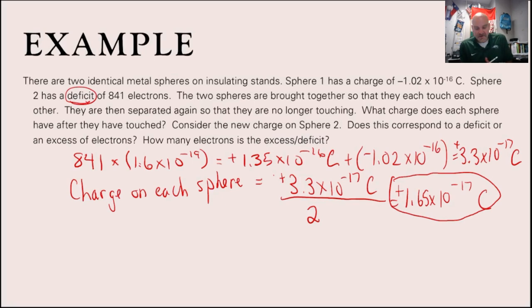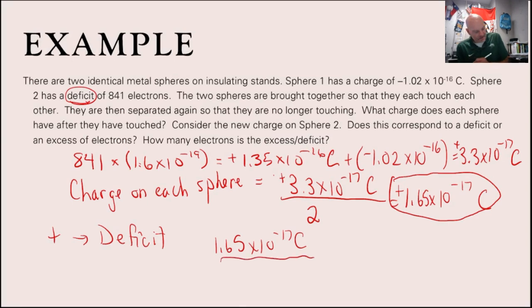And now we're going to consider the new charge on sphere 2. Does this correspond to a deficit or an excess of electrons? Well, positive tells us deficit, right? So it's lost electrons, actually it's added a little bit more because the charge is a little bit more, okay? And then how many electrons are in that deficit? So we're going to take that 1.65 number